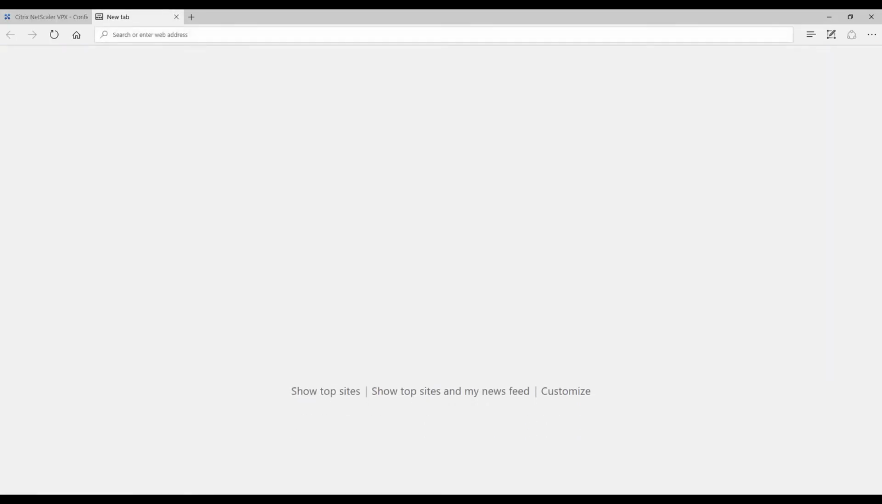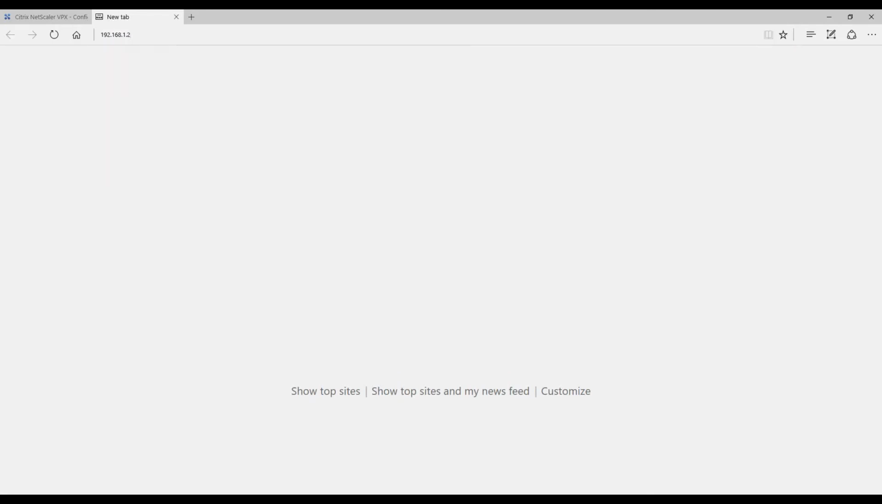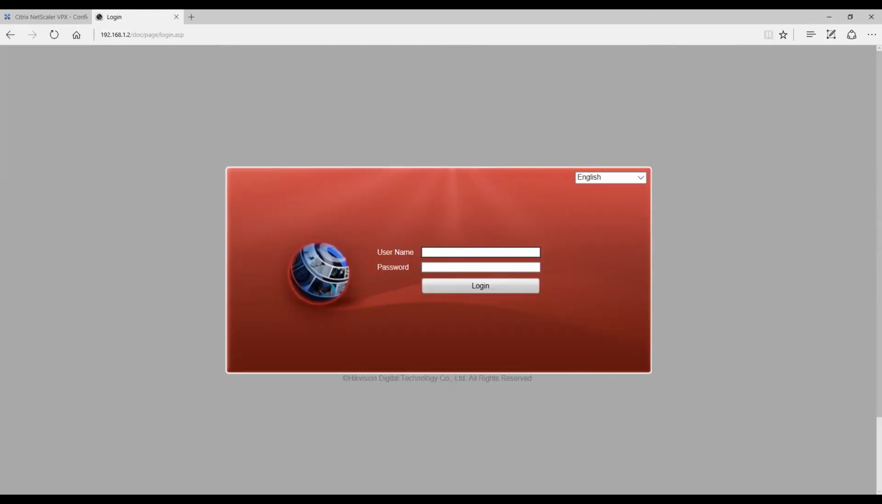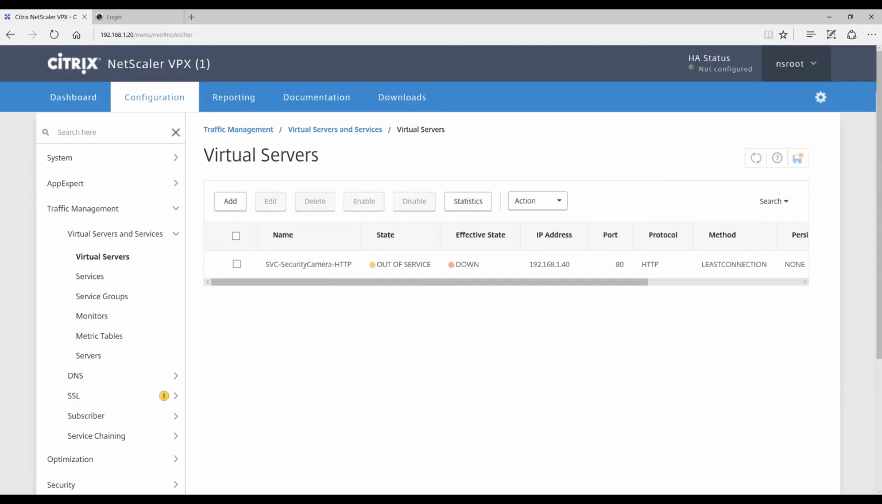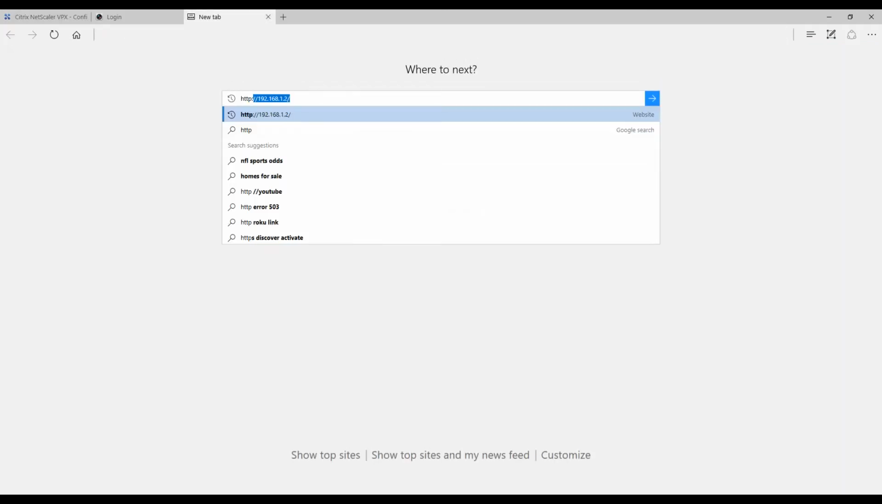Now, to test this, if we were to go to 192.168.1.2, we are still able to get to this server. That's because this is the back-end web server. But we took out the front end where users would come if they were coming from externally outside your organization and wanted to hit this front end. So if we were to type in